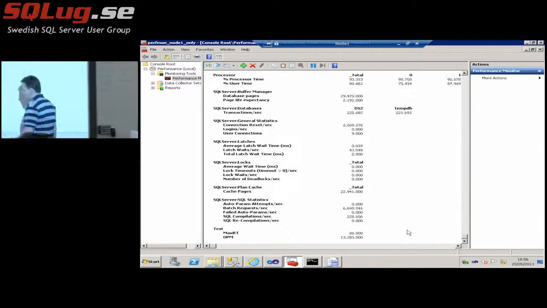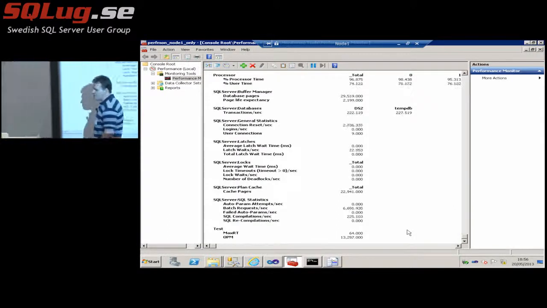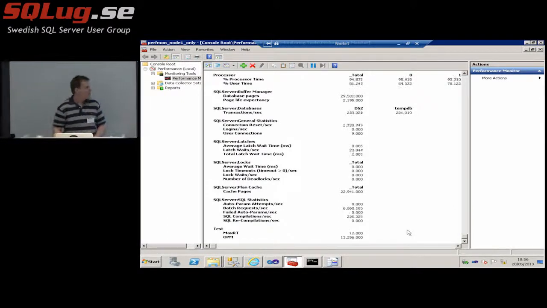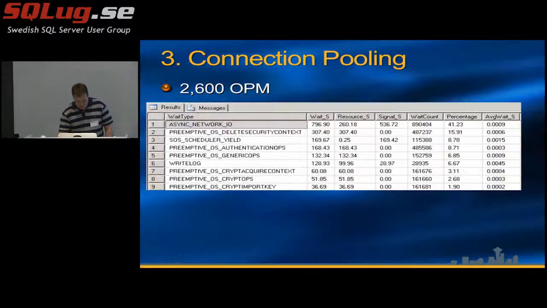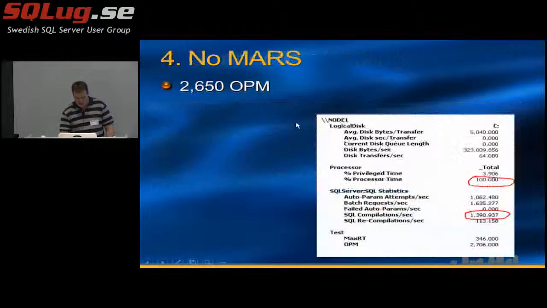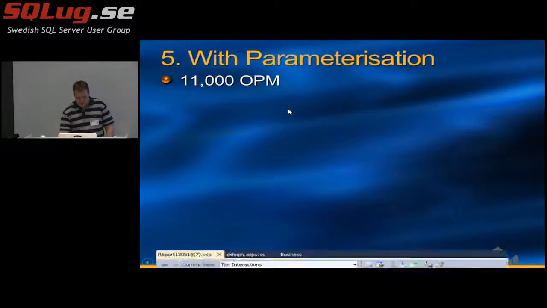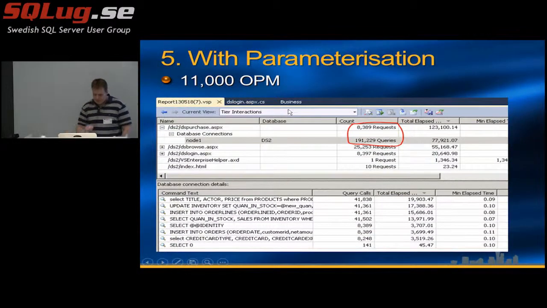So if our goal was to try and get up to 100,000, that's put us quite a bit of the way from where we first started there. Okay, so let's look at what we can do next. We got rid of our MARS, we've got rid of our parameterization, and what we're going to do now is address